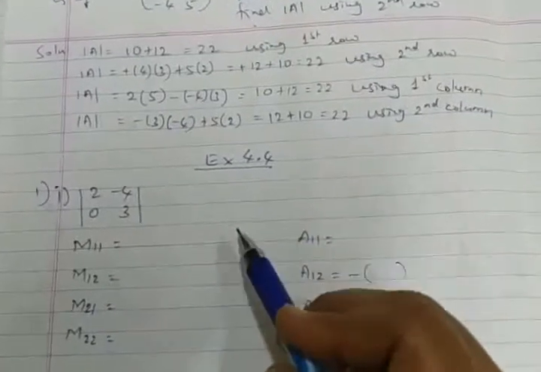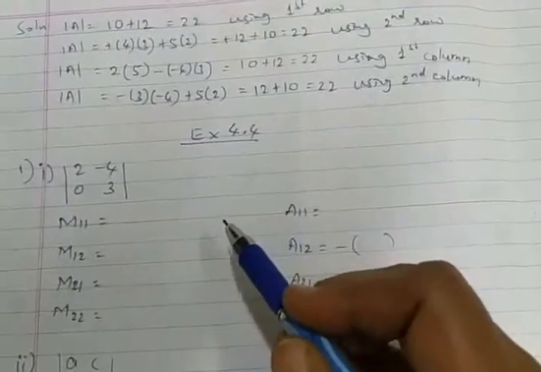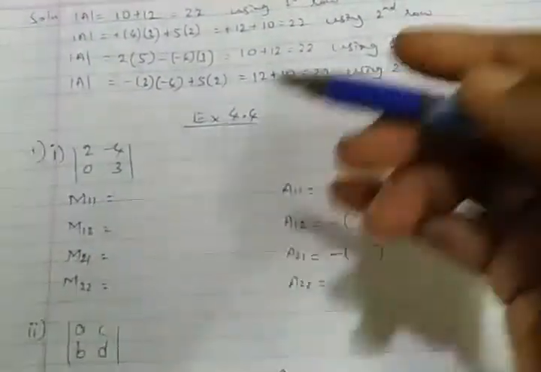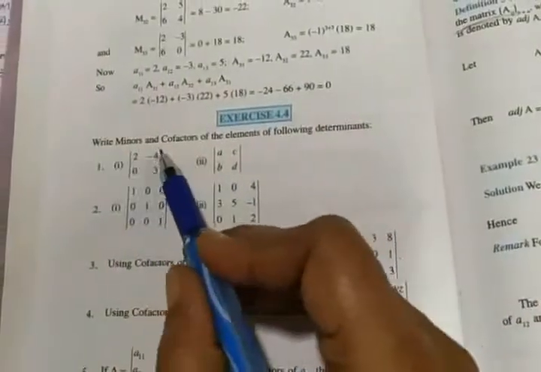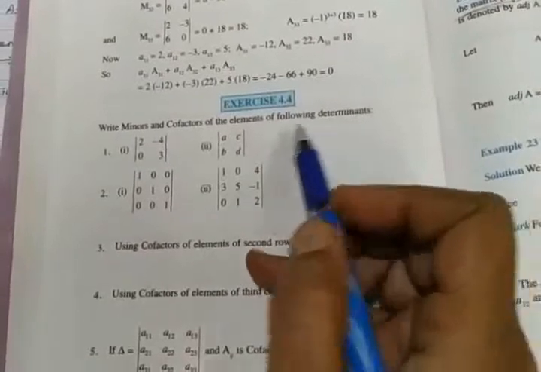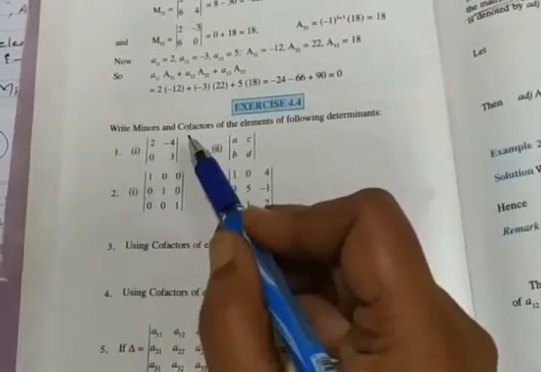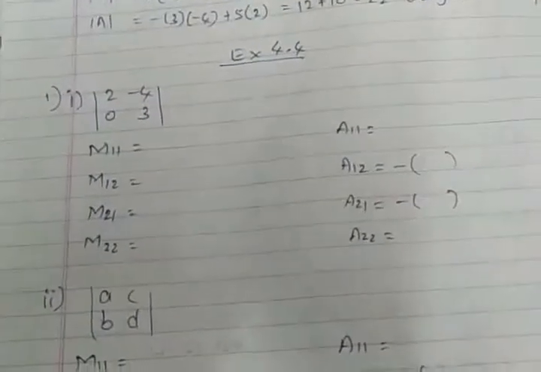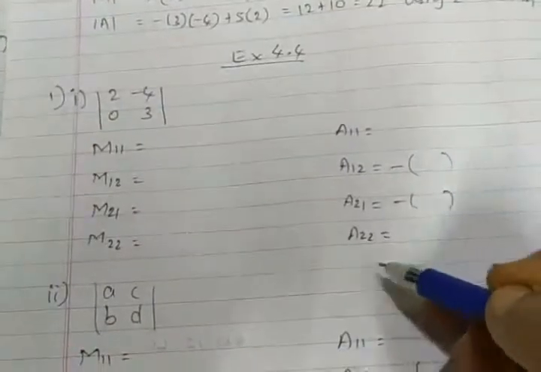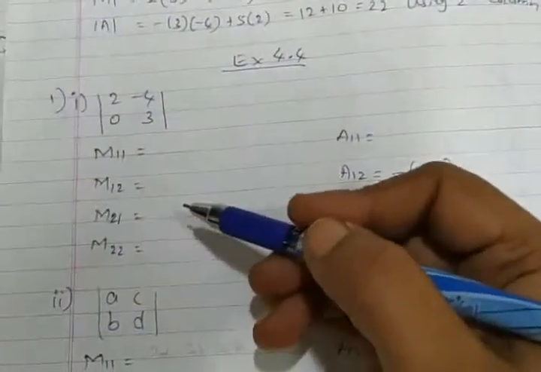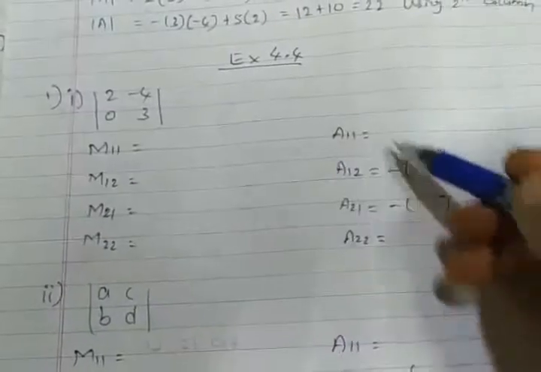As I mentioned earlier also, hardly can we expect any direct question on this exercise 4.4, but still you need to practice it here. The first question says, write the minor and cofactors of the elements of the following determinant. So for this determinant, we have to find the minor as well as the cofactor. To find the minor, you have to make a chart like this. Because they ask you to find a minor, it's better you go for it. If the question is asked for the cofactor, as in the example I just gave, you can go straight for the cofactor also.